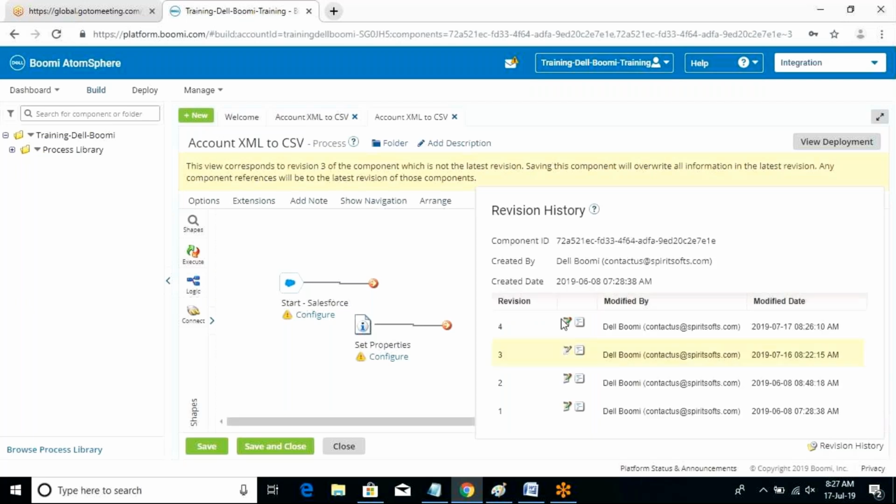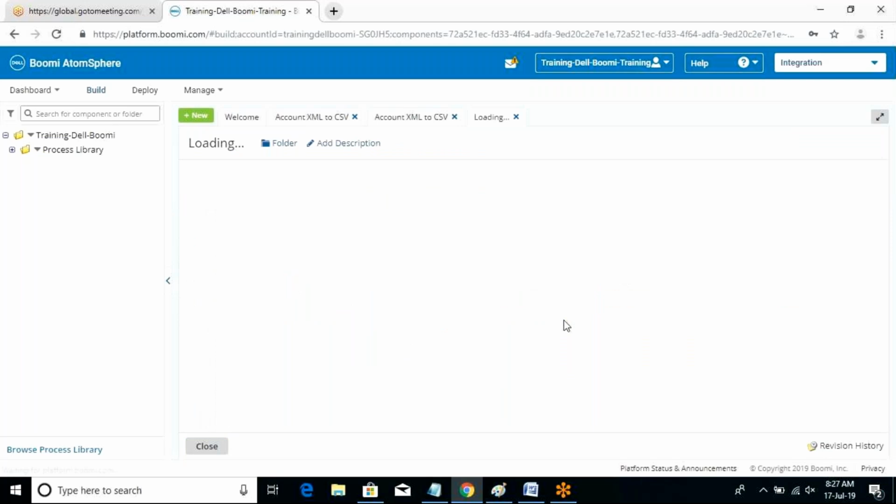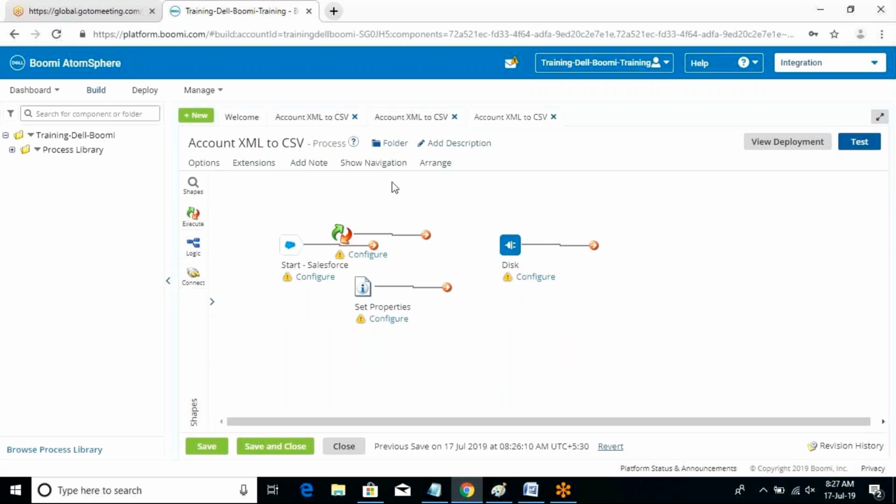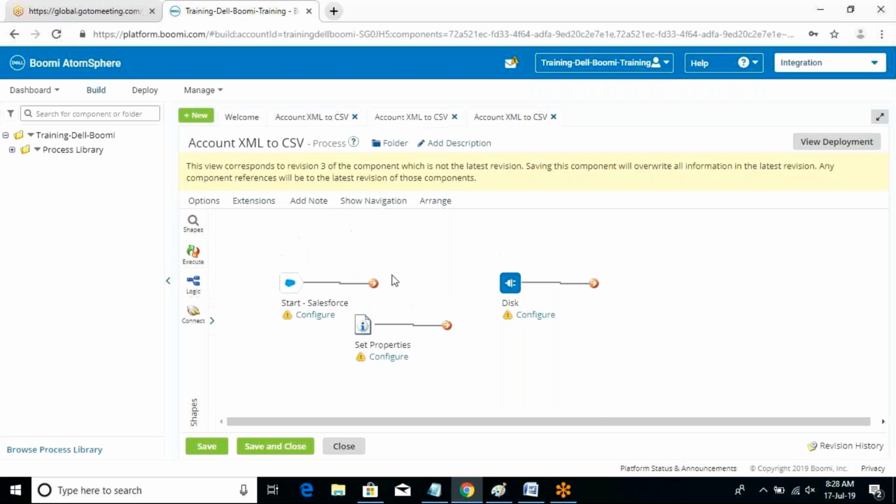This is a pretty good concept given by Dell Boomi. See, now you have this. But now you say that my colleague added it by mistake and I don't want this. When you go to the previous one, it says it corresponds to revision 3 of the component, which is not the latest revision. Saving this component will overwrite all the information to the latest revision. So now when I click on save,